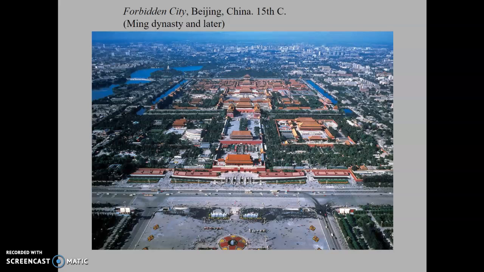Originally, the Ming Dynasty had its capital city in Nanjing, but later moved it back to Beijing, which is also the modern capital. And the Forbidden City served as the home of the emperor. We can see the emperor's palace there in the center of this photograph. The Forbidden City is a completely planned and designed urban center. Originally, it was a series of 3 nested walled cities. And each of these cities